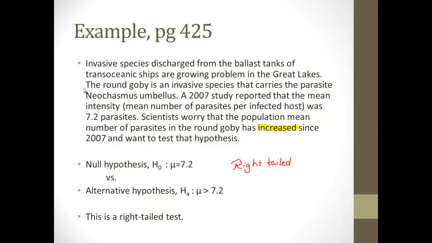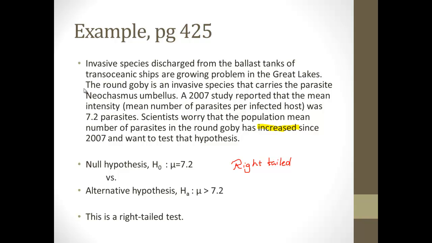And so here's an example. An invasive species discharged from the ballast tanks of transoceanic ships are a growing problem in the Great Lakes. The round goby is an invasive species that carries the parasite Neochasmus umbellus. A 2007 study reported that the mean intensity, or the mean number of parasites per infected host, was 7.2 parasites. Scientists worry that the population mean number of parasites in the round goby has increased since 2007 and want to